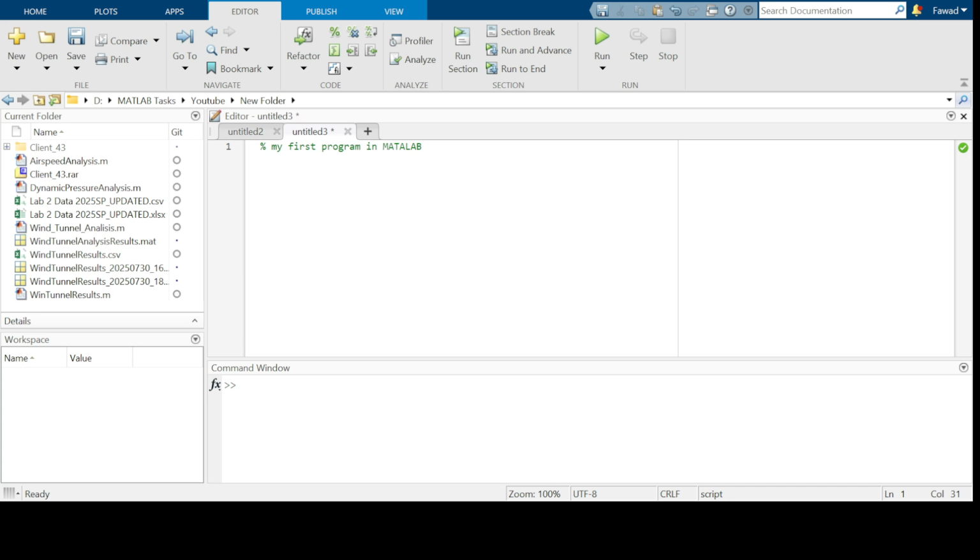So now we write our first program. First we use commands to clear the screen, to clear the command window, and if there are any background plots or anything, they close. We use the command